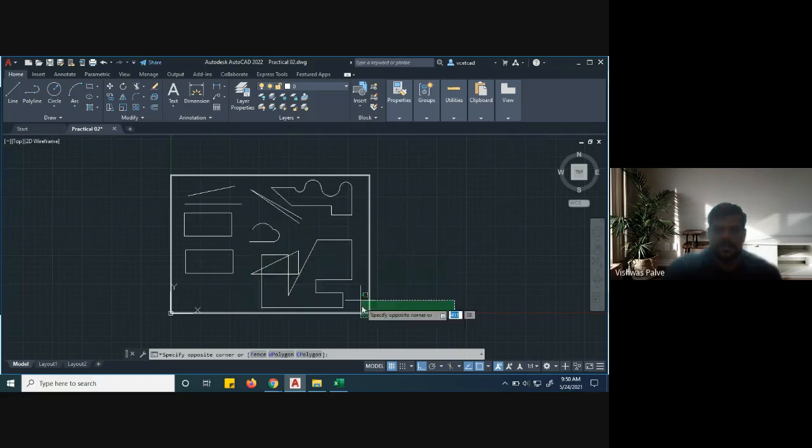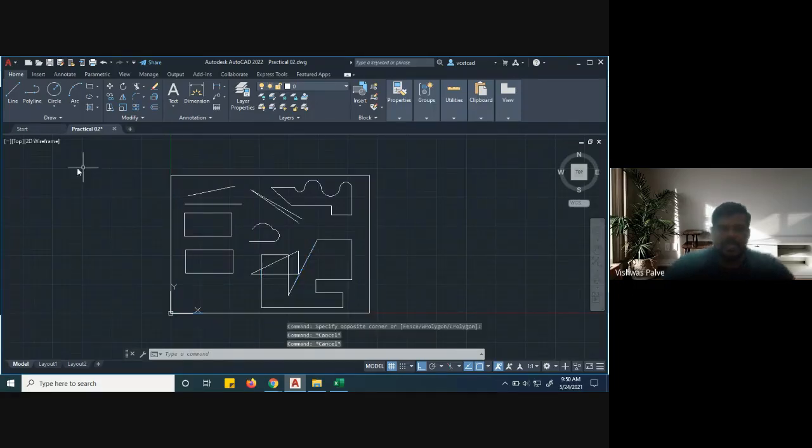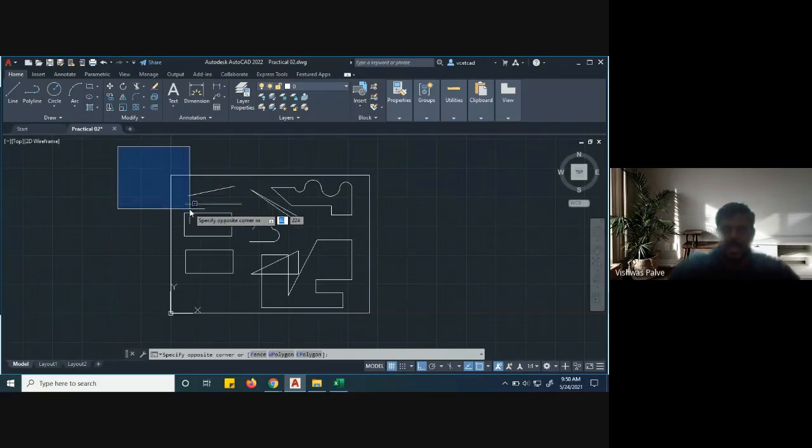See here, only the features, that is this part we are selecting. So anything which is lying completely or incomplete, half portion also if it is there, it will get selected. But this is not the case with the blue color selection. See, again I'll show you blue color selection. Just click at the top, drag it. Now the outer rectangle which we have drawn is not getting selected. See, even the line is not getting selected.